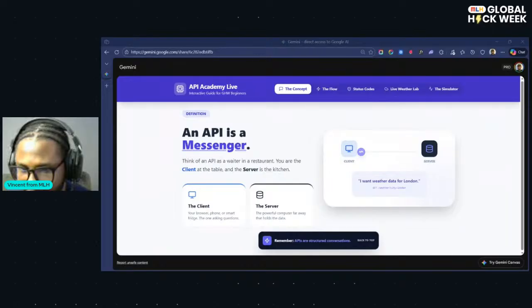Talking about APIs, I was referring to a comment where someone said they know about it and have consumed it before, but have not built one. So I was trying to explain that yes, you can consume, use, and also build your own API.